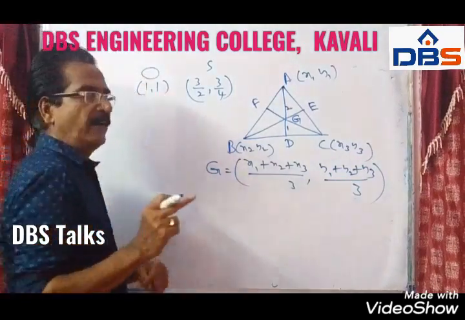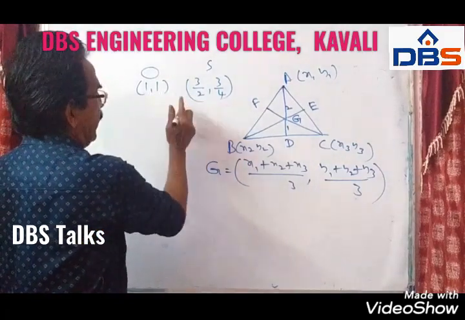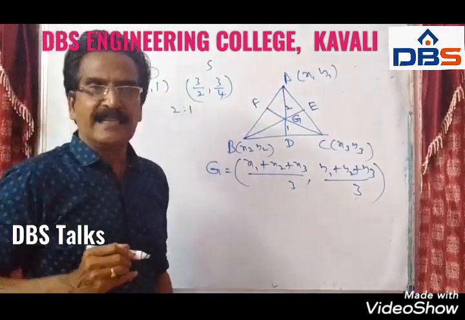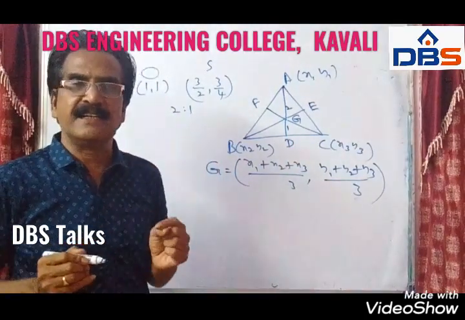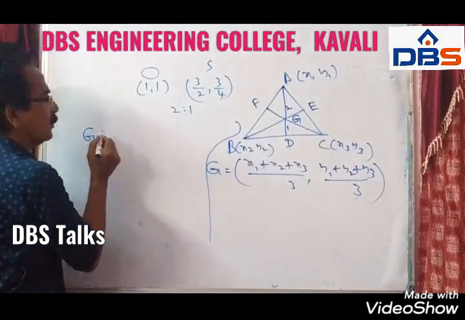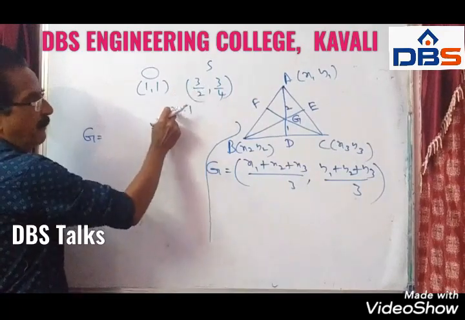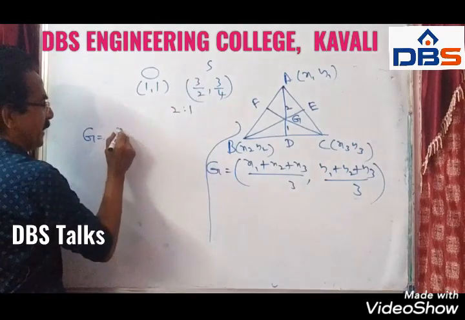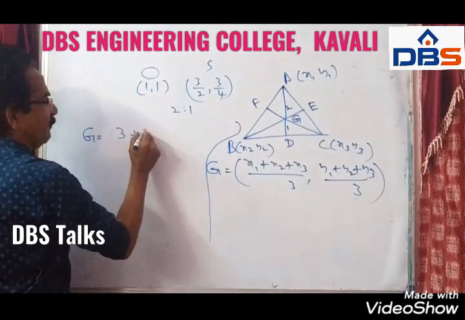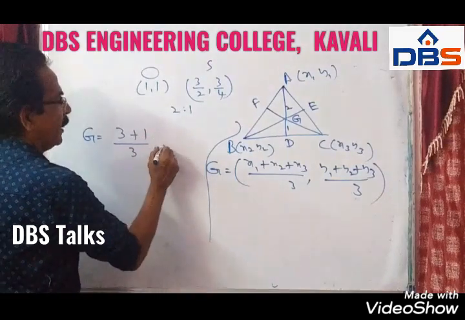So now we have to find the point which divides these two points in the ratio 2:1. That is the coordinates of the centroid. Okay, we have a clear formula. G is equal to (m x2 plus n x1)/(m plus n): 2 into 3/2 plus 1 into 1, divided by 2 plus 1, which is 3, comma, again,